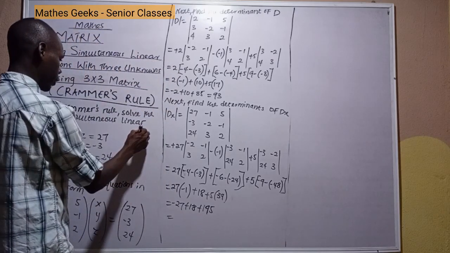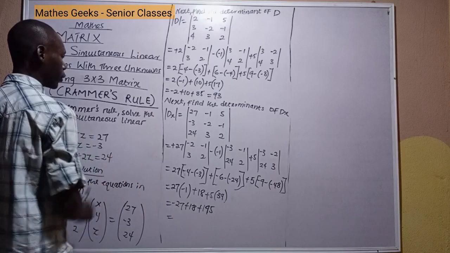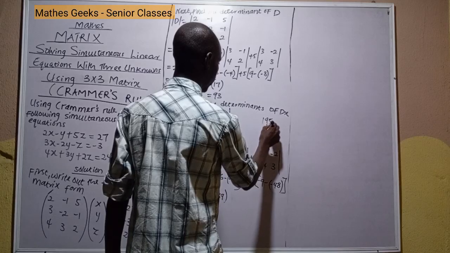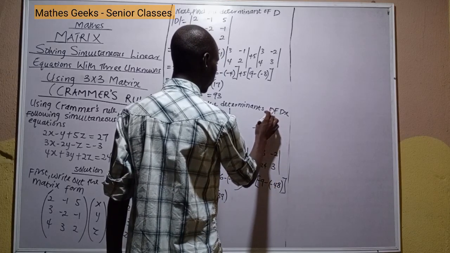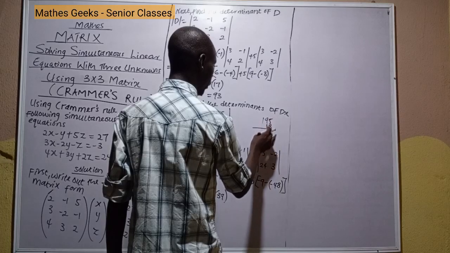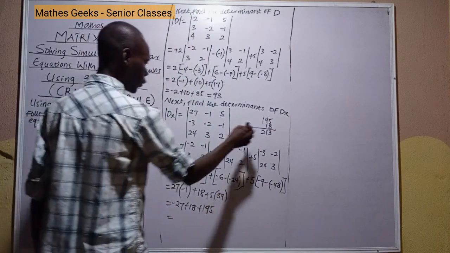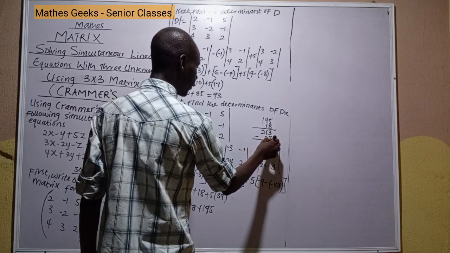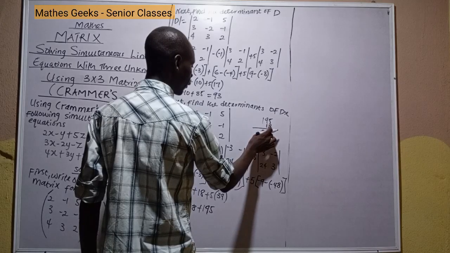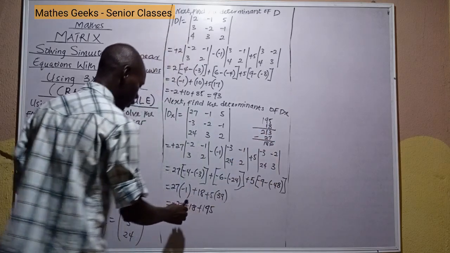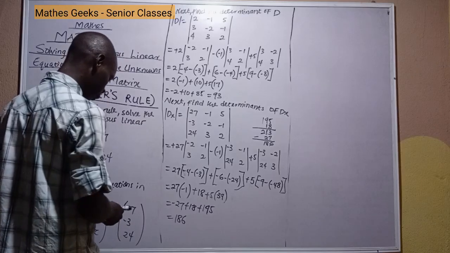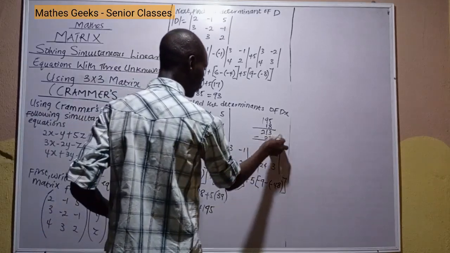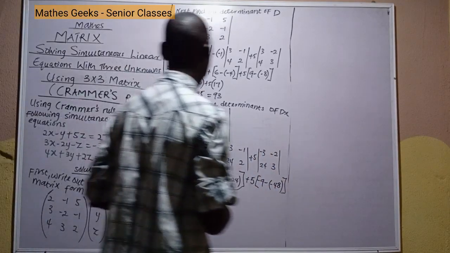Plus that 195 plus 18. 195 plus 18: 5 plus 8, 13, 5 plus 1, 10, plus 1, 11, 1, 2, 13, minus 27. 3 minus 7 cannot, 13 minus 7, 6, this 0 from here, 10, 10 minus 2, 8, 1, 186. So dx is 186. So next,